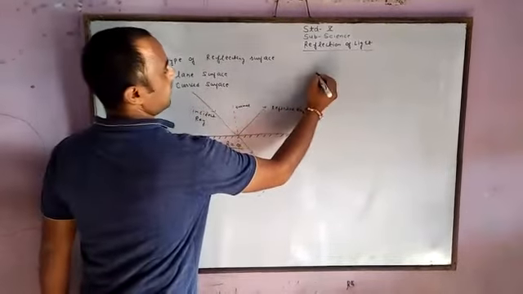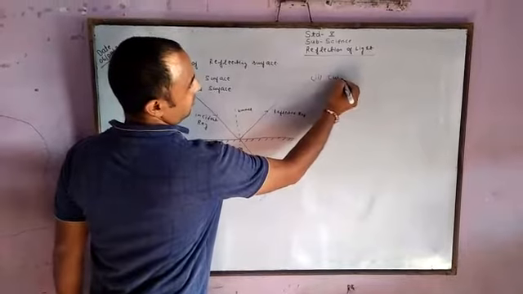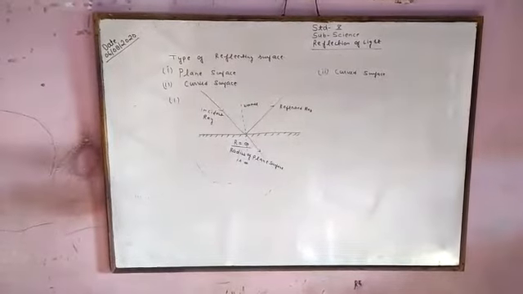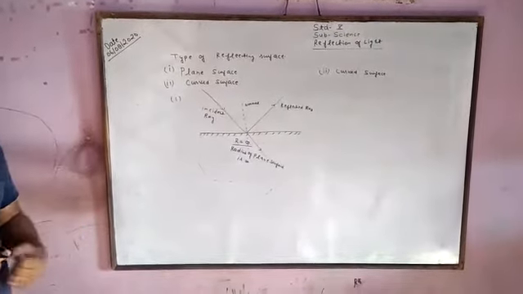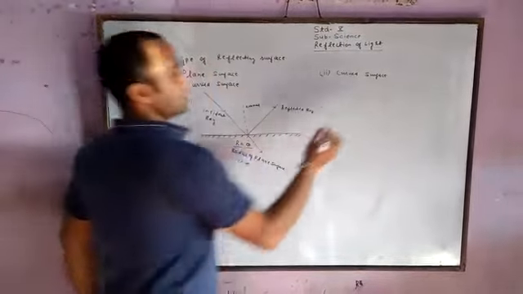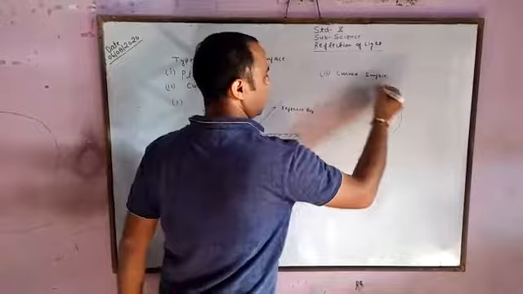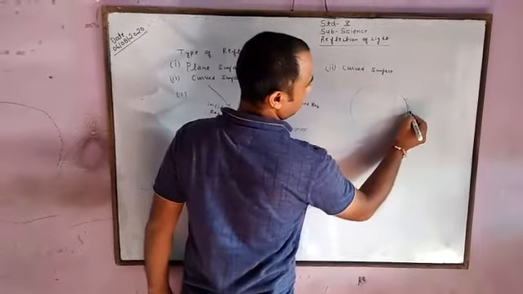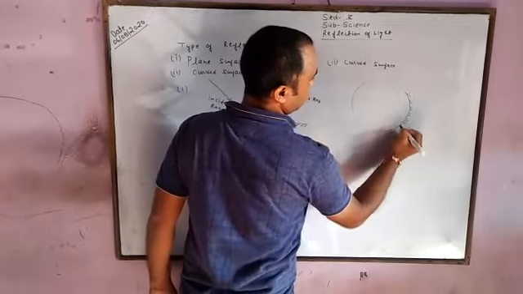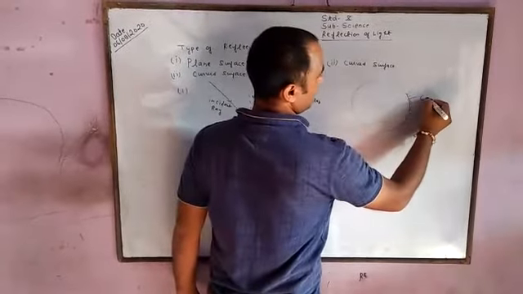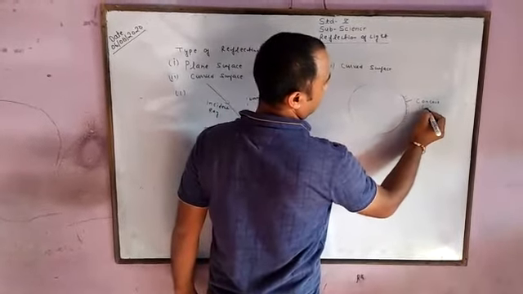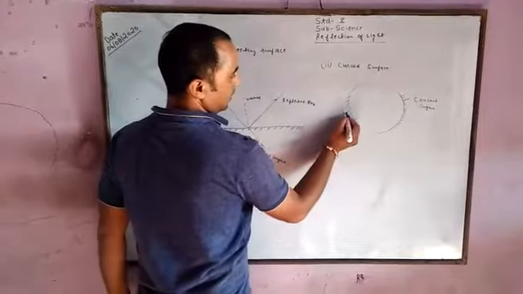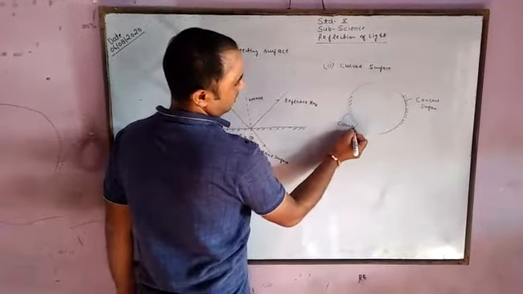Now we are discussing the second point, the curved surface. In curved surfaces, we have to understand two types of surfaces: first is concave surfaces and another is convex surfaces. Suppose we consider a sphere like that. If we are polishing like that, this is a concave surface. And if we are polishing inside of the sphere, that is a convex surface.